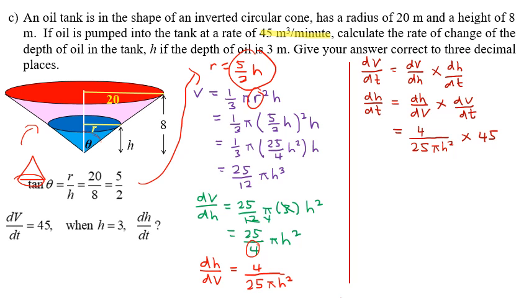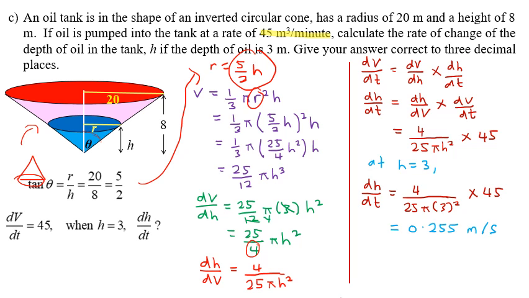And then dV/dt is already given, 45. And don't forget our situation here is H equals 3. So substitute H equals 3. So for our dH/dt, you just plug all this into the calculator. Then we get the answer, which is